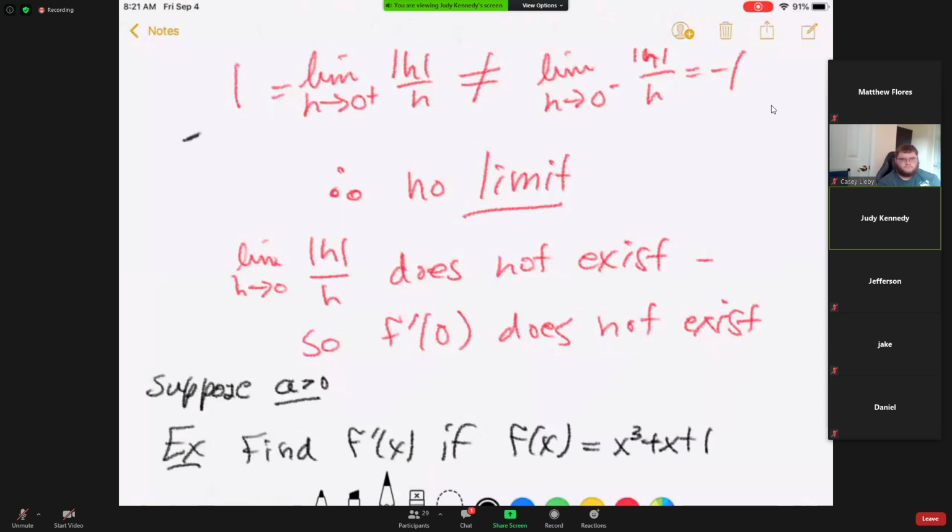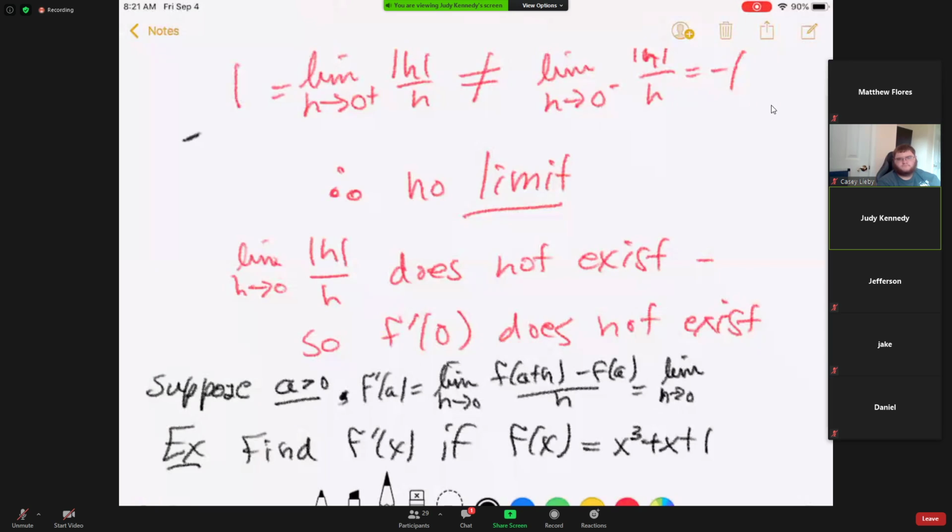If a is positive, f prime of a would be the limit as h goes to 0 of f of a plus h minus f of a over h. I'm using the h definition. Well, a is positive, so if I take h small enough,